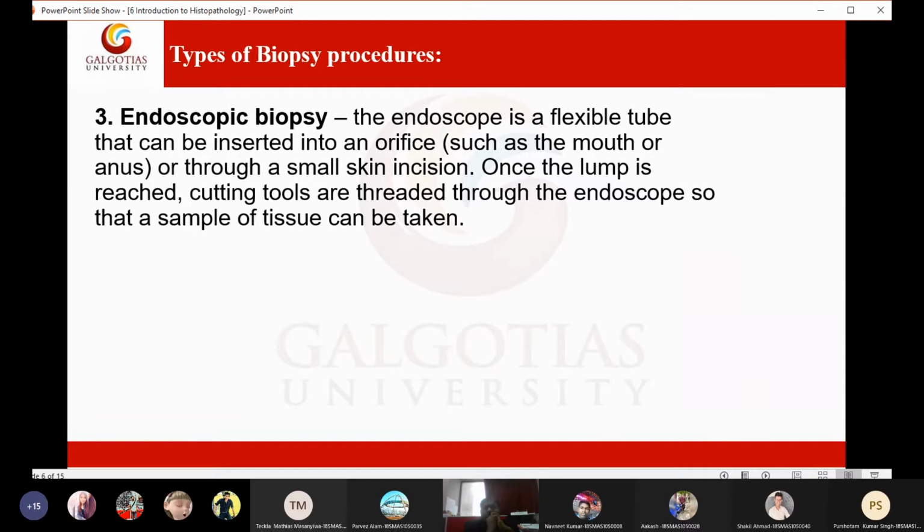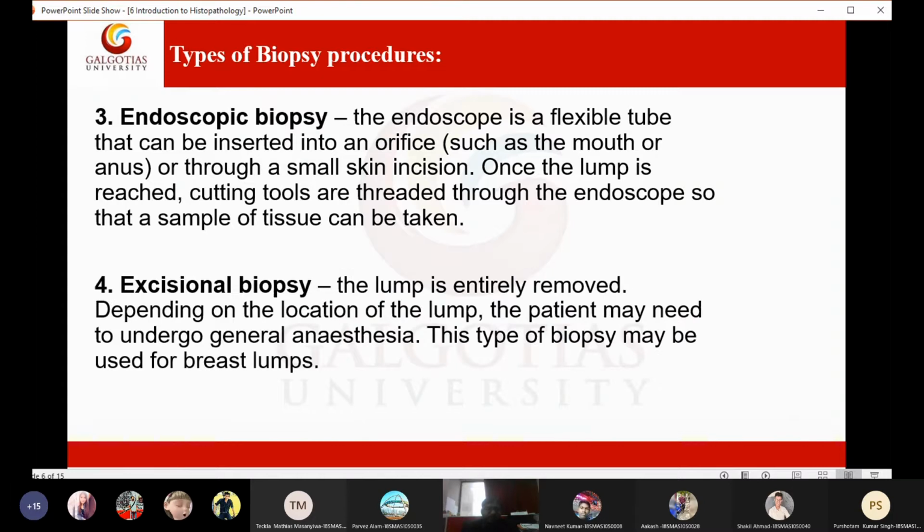You can go in without major surgery. If there is some intestinal abnormality inside the intestine, without major surgery you can go for scoping. Simply go with the scope to the exact location, and from there you can collect a sample by brushing, cutting the tissue, or aspiration. These are the sample collection techniques. That is one type of biopsy.